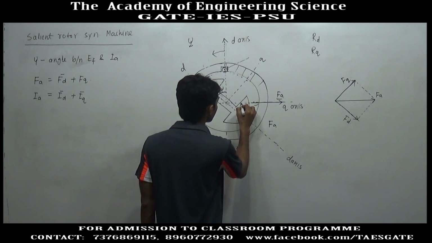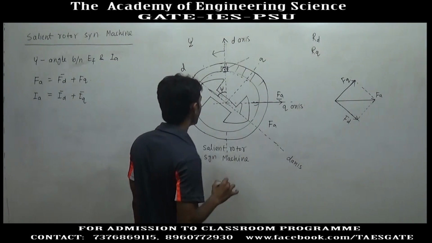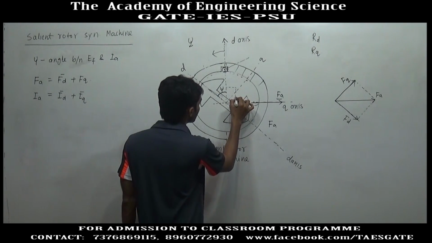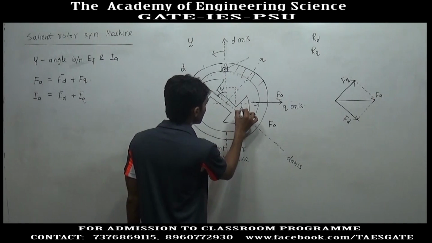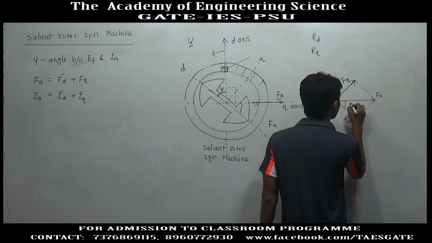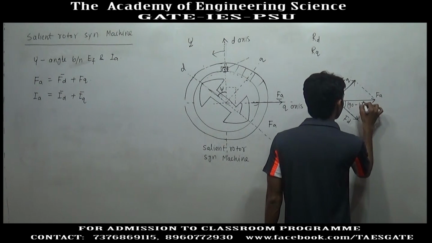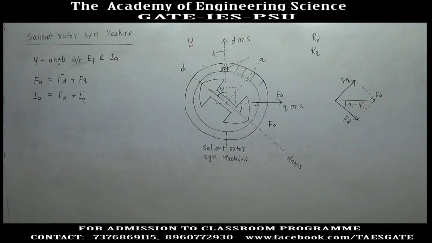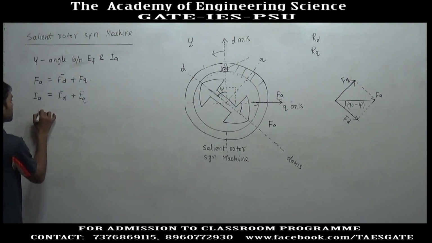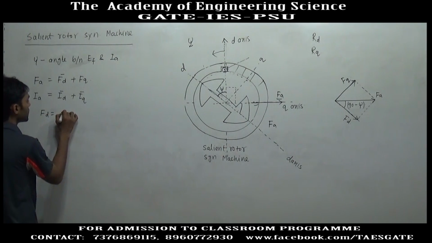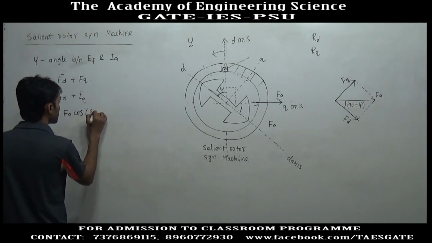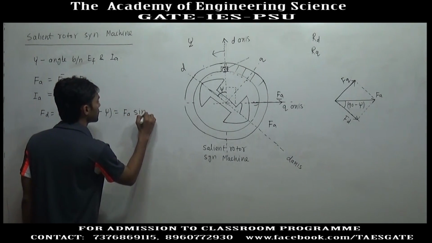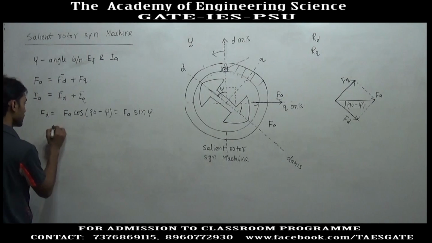This angle will be 90 minus psi, because this angle is 90 degrees. So this angle is 90 minus psi. So we can say that FD is equal to FA cos(90 minus psi), or FA sin psi, or we can say that